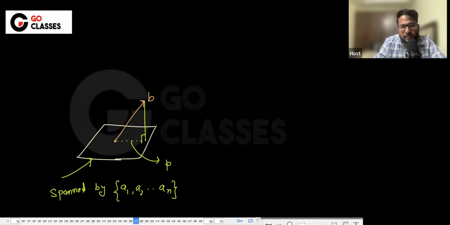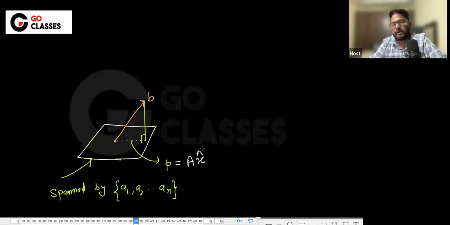The space, let's suppose, is spanned by linearly independent vectors a1, a2 to an or whatever. Then I want to find out this p. I assume that p will be looking like A x cap. I'm just writing x cap